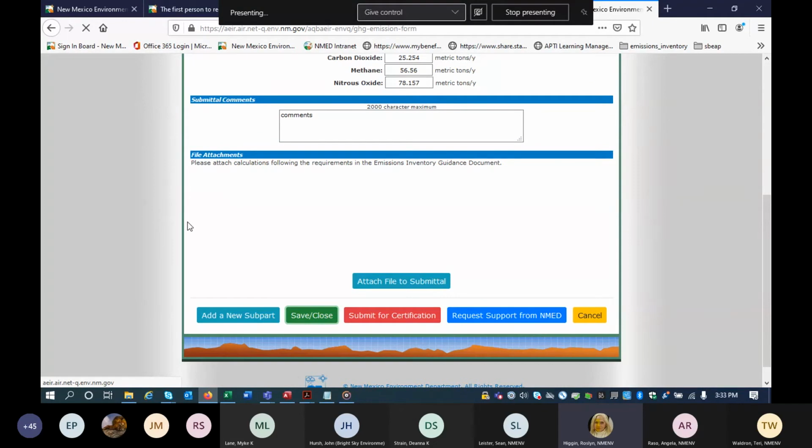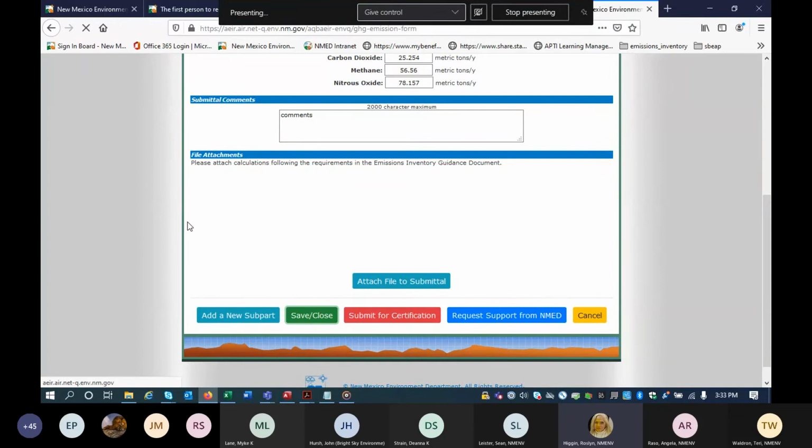Now for us, we would like for those companies, if they fall below the threshold because you're not including the entire basin, that doesn't give you an excuse to not submit to NMED. You still must submit because you do submit to EPA.